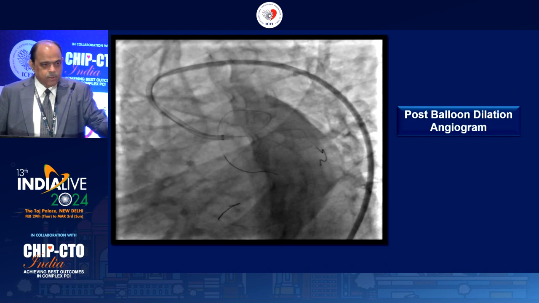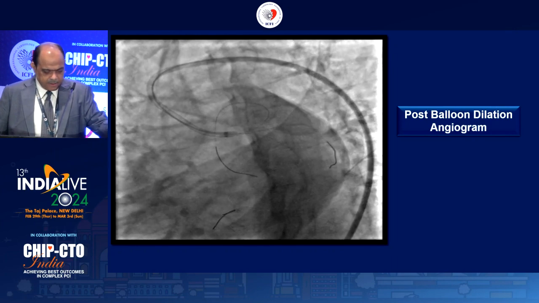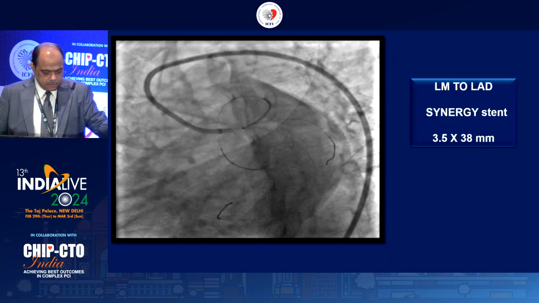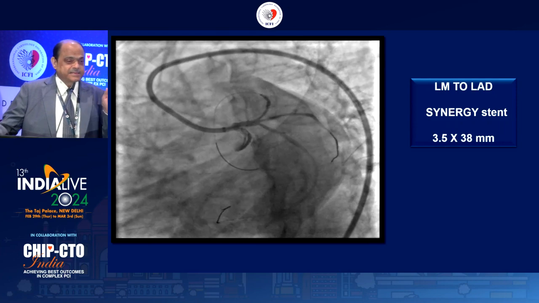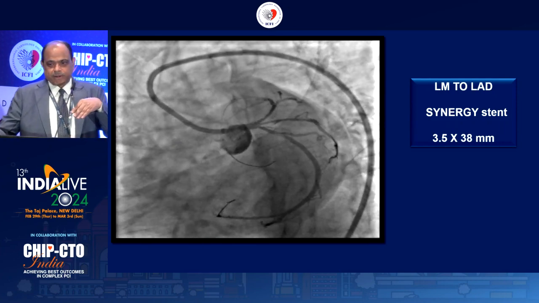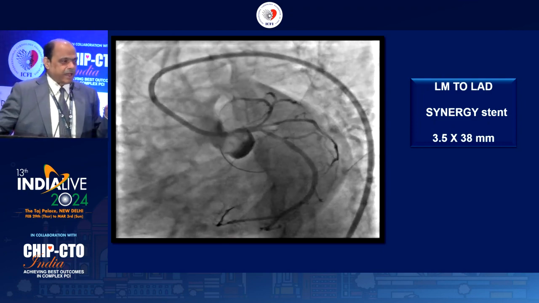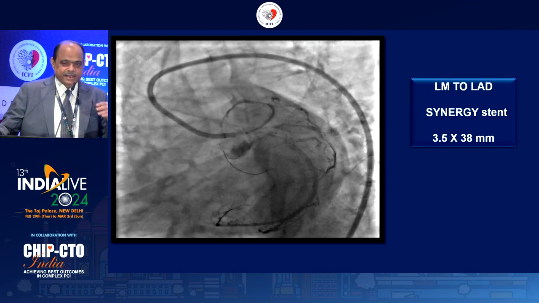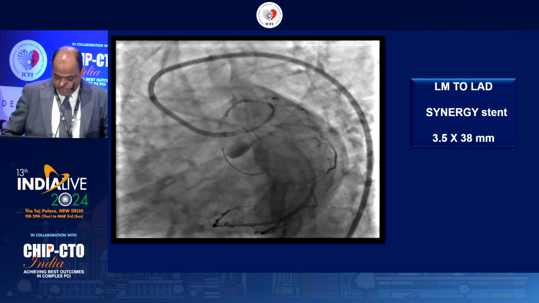So this is the post balloon. Patient stable, no Impella, nothing has been done. Now if you have to put, say, three stents, you can discuss why put three. We can put two, we can do provisional, we can put balloons instead. But if you decide to have all three branches stented, I think this is the easiest technique you can do. You put a stent from LAD to left main,